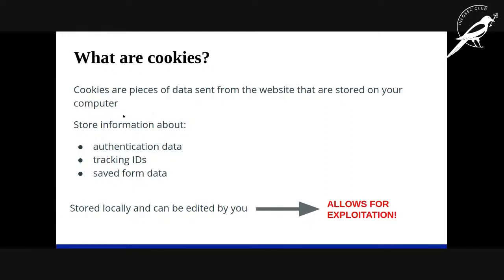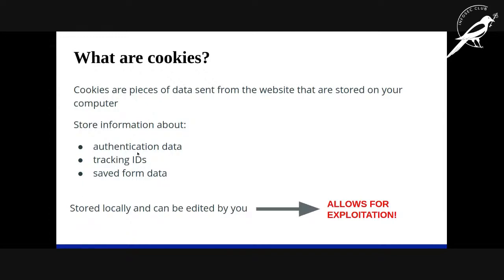So what I mean by this is when you connect to a website and you log in, the website will tell your browser, hey, you should store this number somewhere on your computer and associate it with our website. So if you sign into Google, Google stores a specific user ID as a cookie on your browser, and then the next time you connect to that website, your browser will send the cookie to the server, and it'll say, hey, this is the cookie. This is the sort of ID you told me to save. This is who I am,